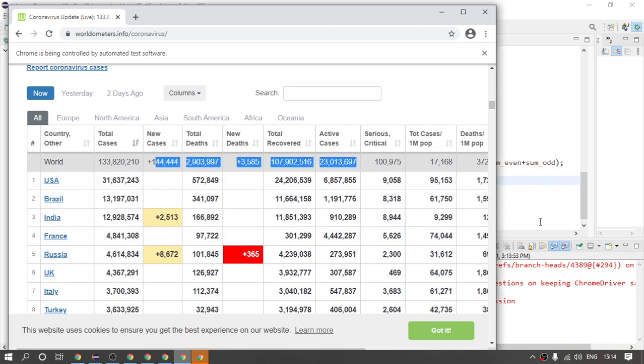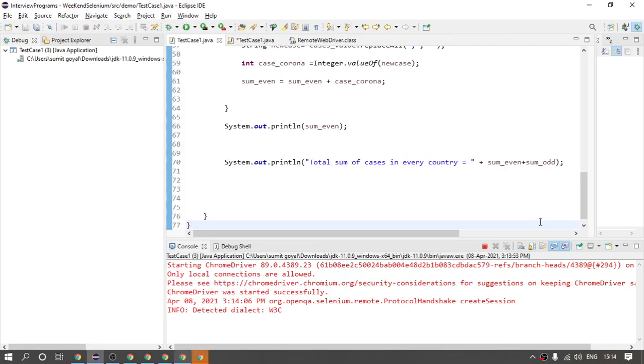So try that. Let's first check whether we are getting the correct result or not. If not, then we will see where the issue is.